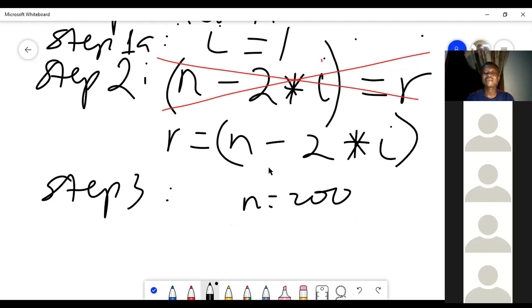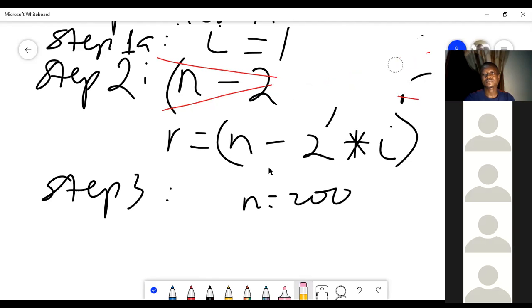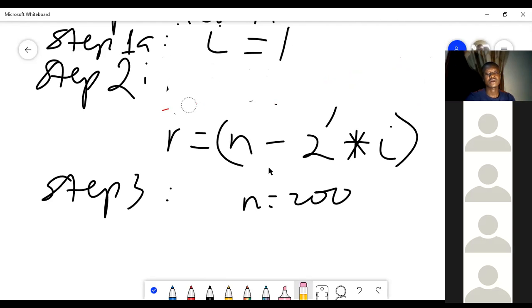In the case where the value that we are testing for odd or even is 200, what should the value of I be? Are you okay? I hope you get what I'm saying. So what would it be? It's very simple. The answer is very simple. It's easy to figure out. What should the value of I be in order to get